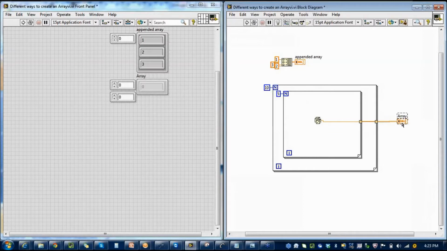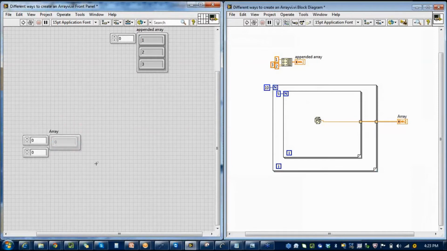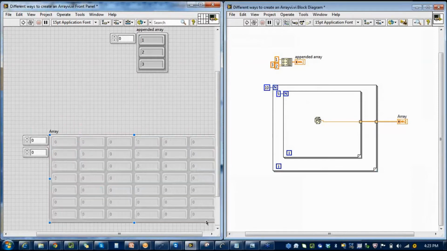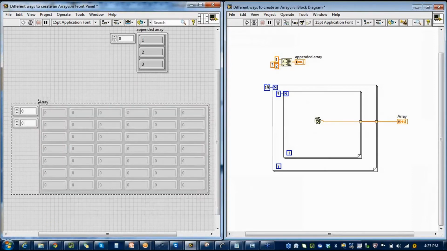Now as you can see, the wire size is increasing, right? So first is a thin wire, which is a single point. A thicker wire is a 1D array, a double wire is a 2D array. And this is my 2D array, where the number of iterations of the outer loop is equivalent to the number of rows and the number of iterations of my inner loop is equivalent to the number of columns.